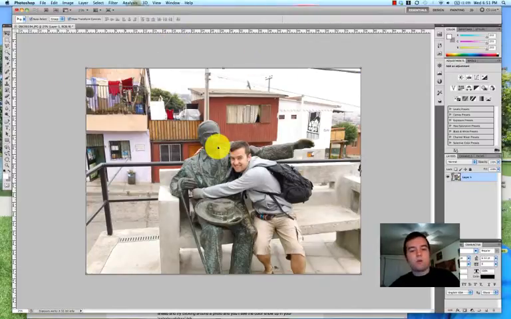Throughout this entire course, we're going to be using a photo of myself down in Chile, in Santiago. This is me hugging a statue, and it'll be a good picture to use for this course because it has a lot of stuff going on, lots of colors, and my bright happy face from when I was traveling in South America with my girlfriend